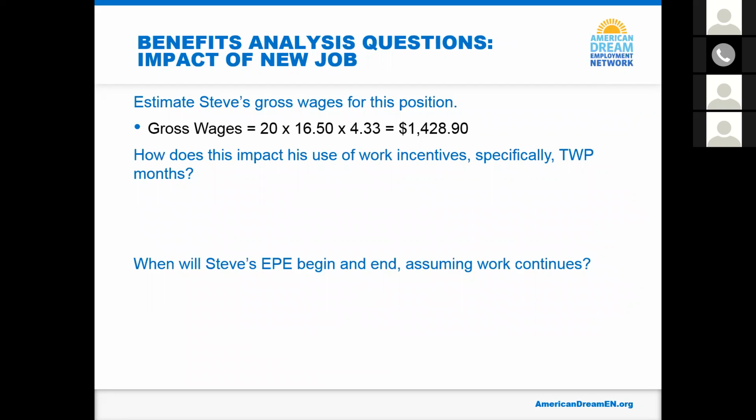The question in the chat is, should I be using the 4.33 figure? Yes. And I do use the 4.33. You probably use just 4.3. That's what SSA uses. That's what I use. And it seems to keep us a little closer. It can vary a little bit, as you can see. And that can get important later when we are really crunching numbers down to the dollar